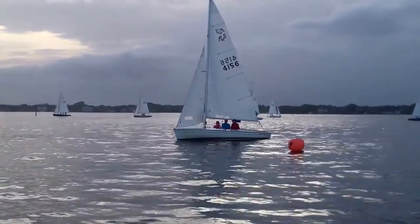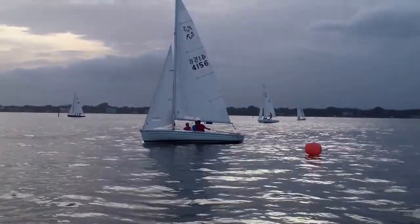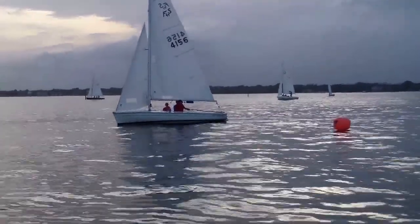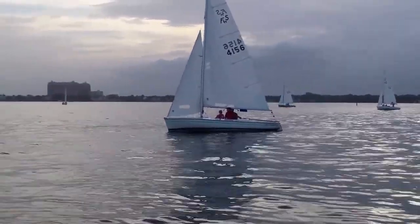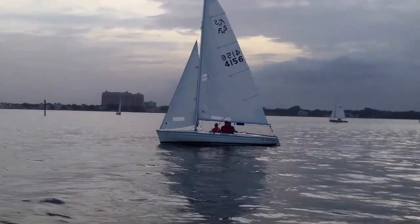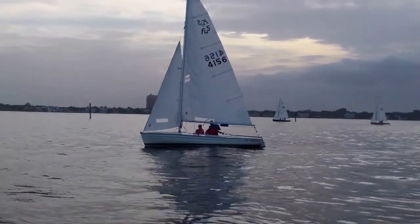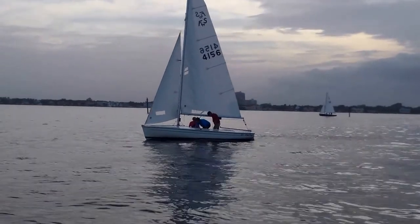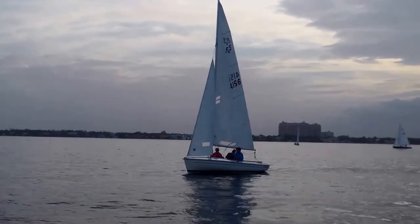So Air America is going to round first. Notice how their crew weight is to leeward and forward. The helmsman is sitting as far forward as he can with his tiller extension out all the way. The main's got big scallops in it. But you know what? Those ugly scallops are fast. They produce a fuller sail, which gives you a little more power in these light winds. He's barely moving the tiller too, right? Yes, and look how